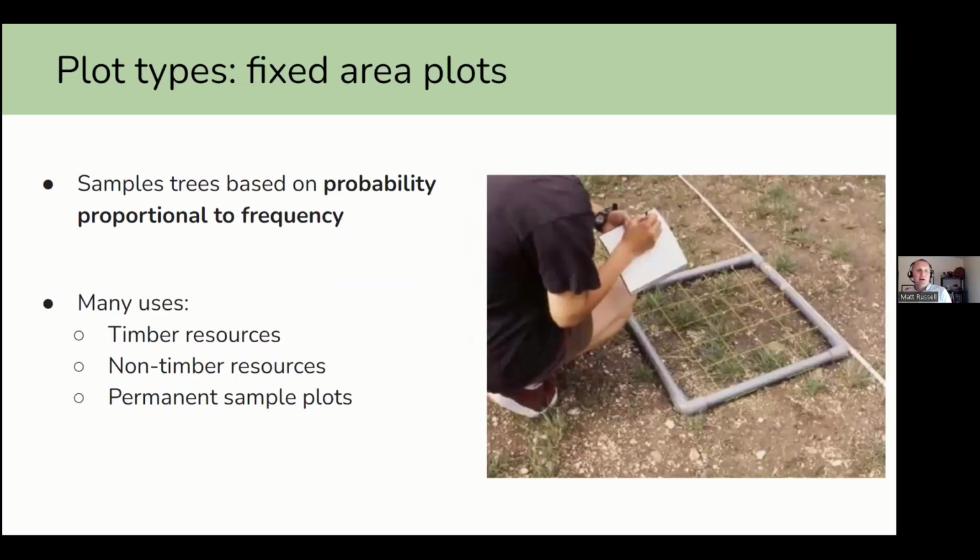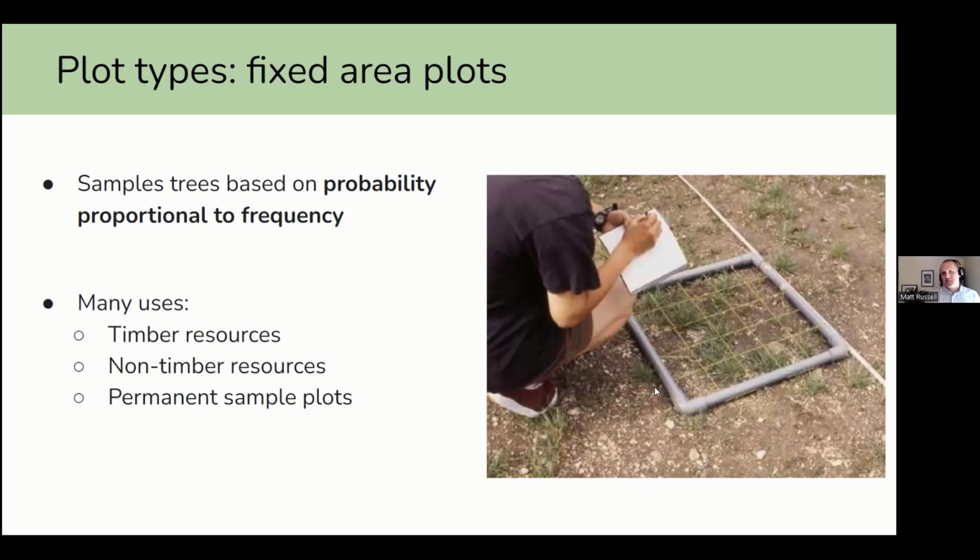Those are some common design frameworks we can think about in terms of sampling. But when it comes to doing this in the forest, we need to think about different types of, in our case, forest inventory plots to measure certain kinds of attributes. A common way, probably the most common across the world, is these fixed area plots. This is just one example.